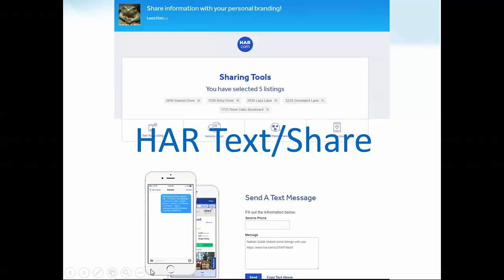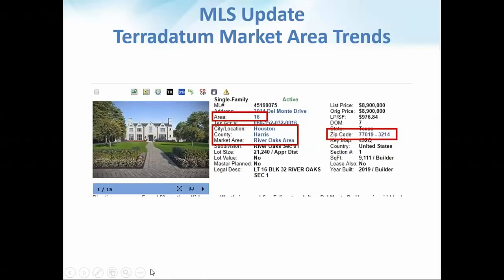And if you're an MLS Platinum subscriber, when you use the text feature, it will have your Platinum information wrapped around the listings. Going into new features,